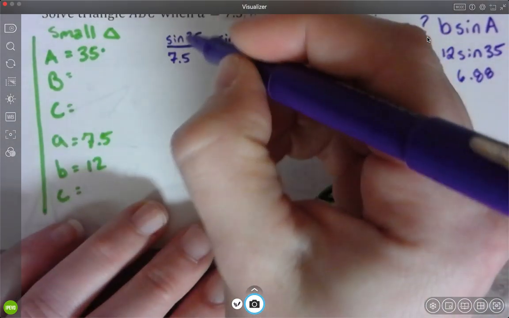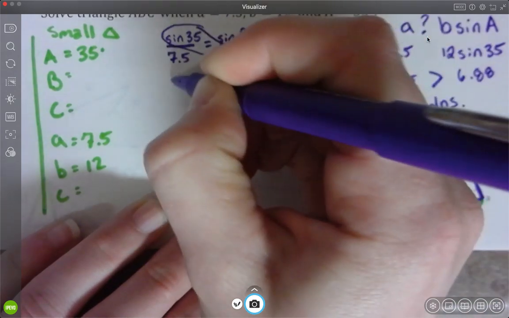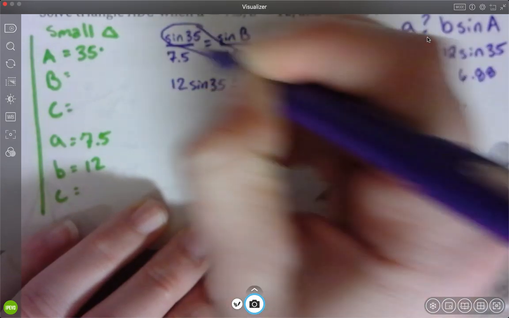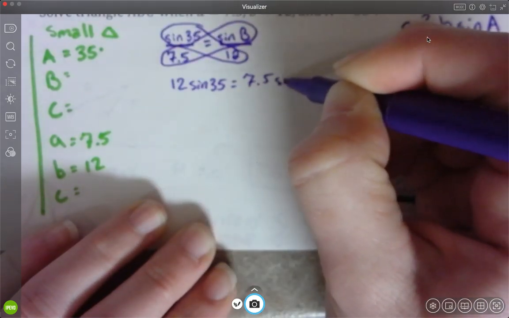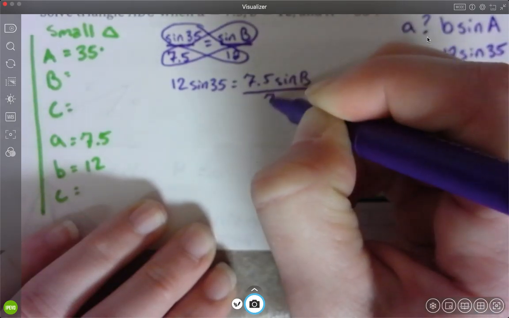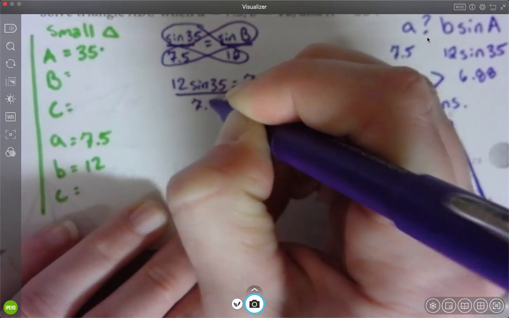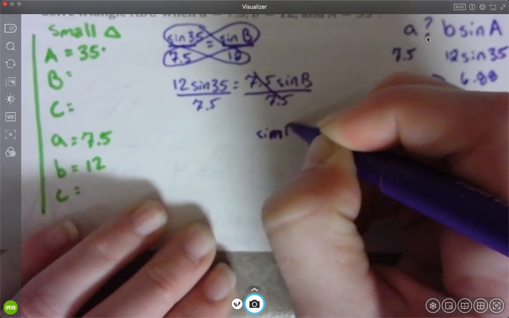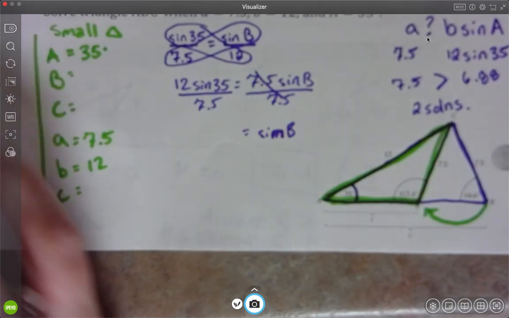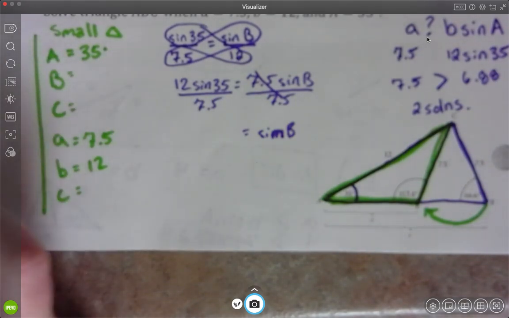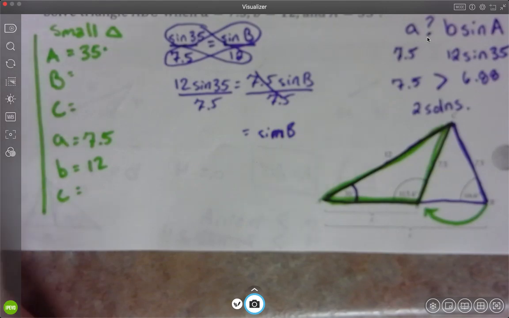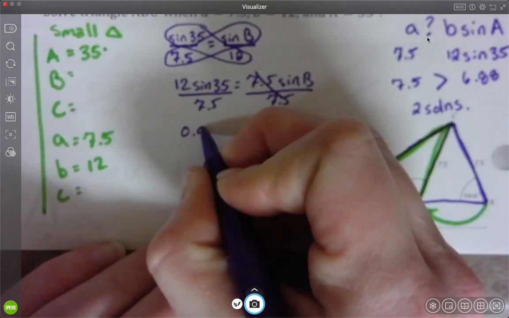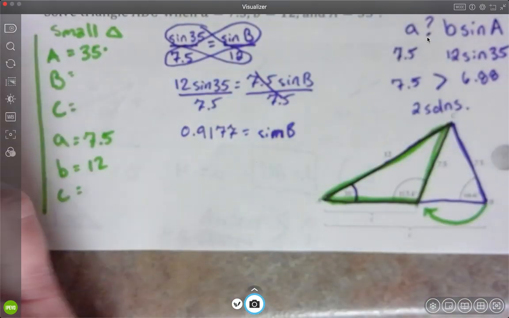Okay, so then I'm going to do my cross multiply. So 12 sine of 35 is going to be equal to 7.5 times sine of B. And if I divide that 7.5 over, okay, sine of B is going to be equal to 12 sine 35 divided by 7.5. Okay, and I got 0.9177. And then if I take the inverse sine,